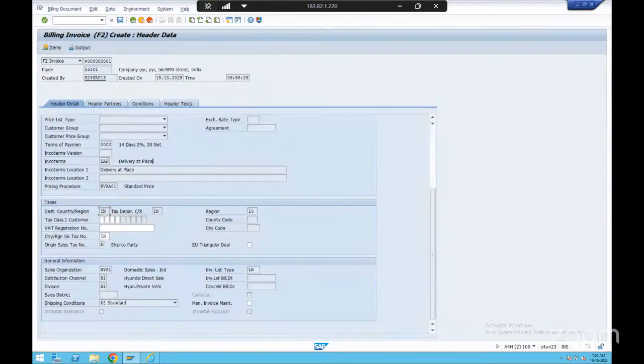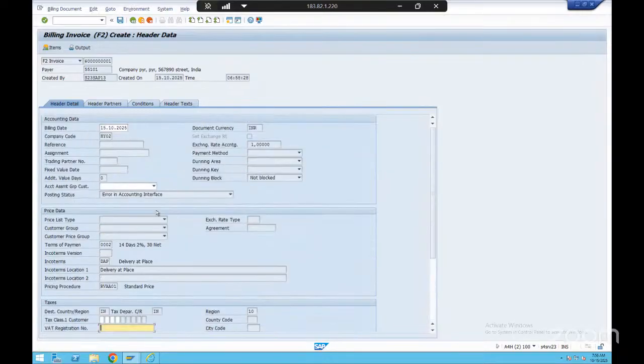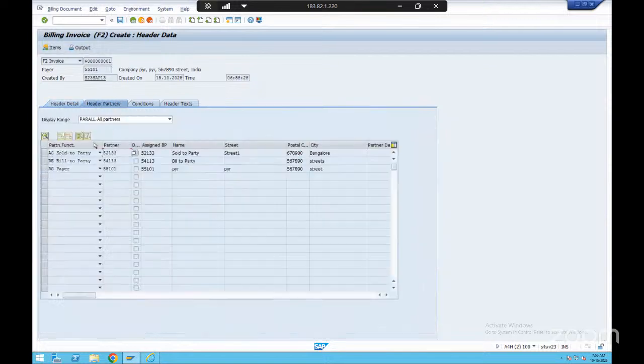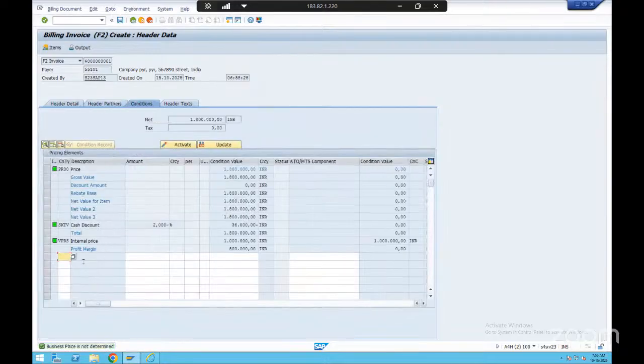You have the tax classification and the VAT registration number of your company. As of now, it is not maintained. It's nothing to worry about. And then you have all the header partners, who's the order partner and everything, and conditions, basic pricing and everything. You will be having it. Okay, so after that,